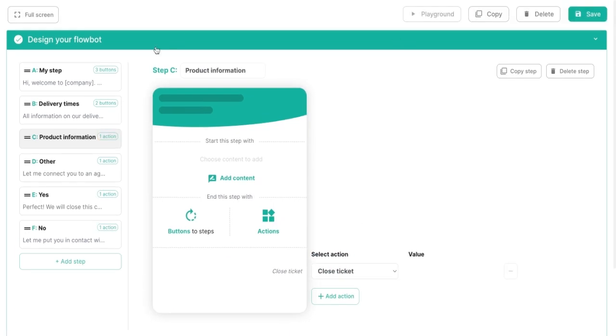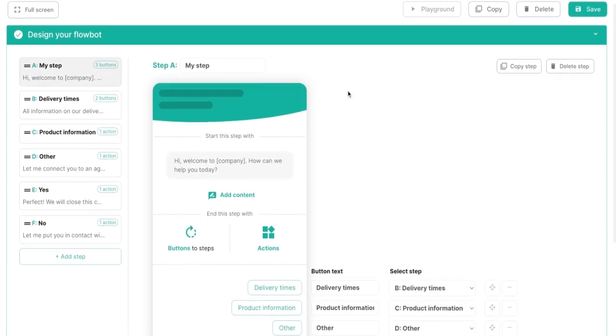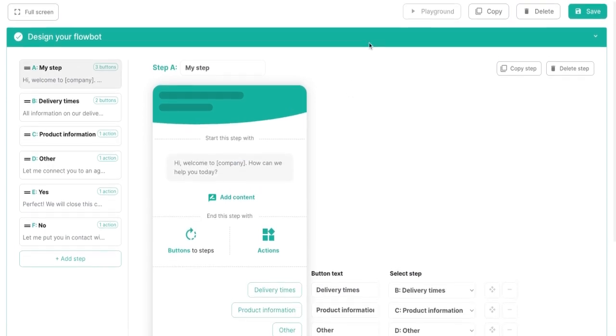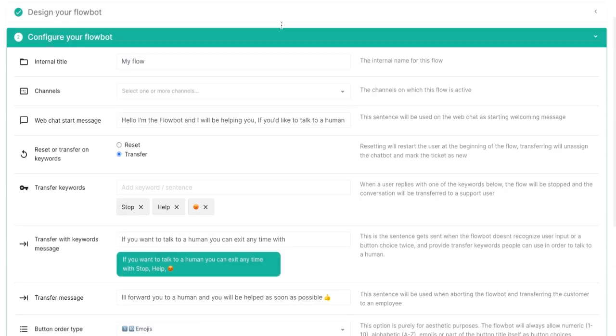So designing your Flowbot, making sure the content is all there, which means we can move to this next stage, which would be if you scroll down to configure your Flowbot. And these are more backend settings or settings in general for your Flowbot, like the name. So let's call it first Flowbot. And this is perhaps the most interesting part. Here we can select on what